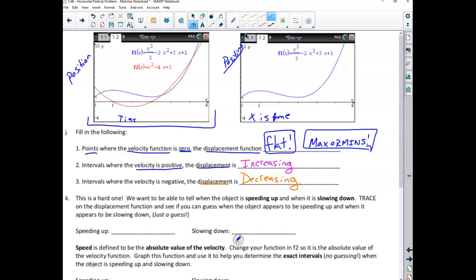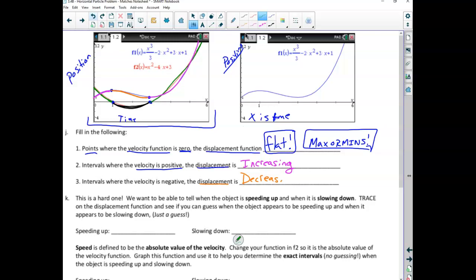And what I'm going to do is say, okay, well, when was it speeding up? Or when is it speeding up? Well, did we or did we not? I really shouldn't have done that. I'm taking it back. Put it back on there. Okay. So what did we notice here? Well, yesterday,